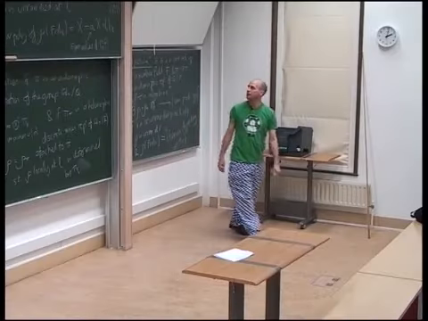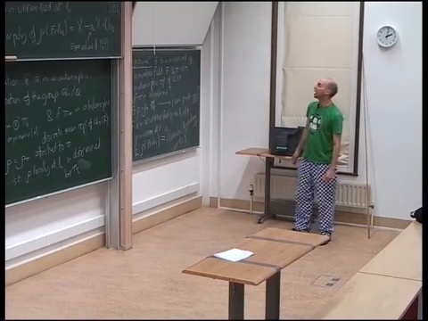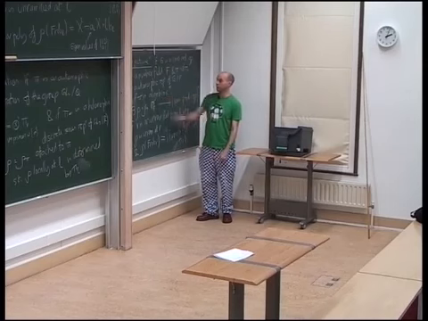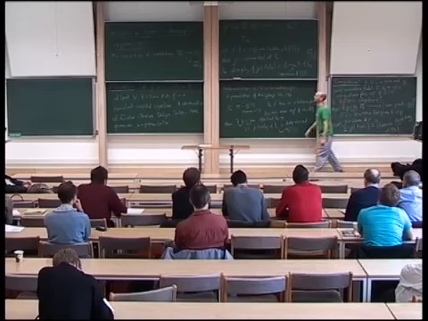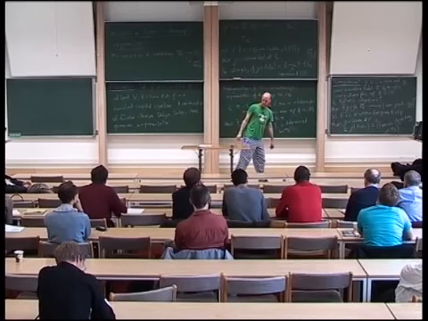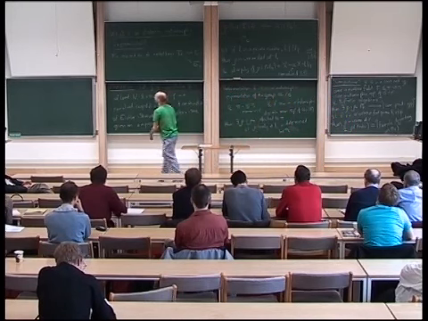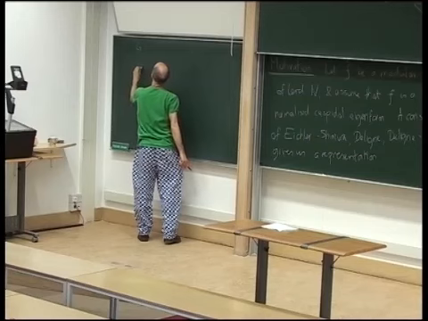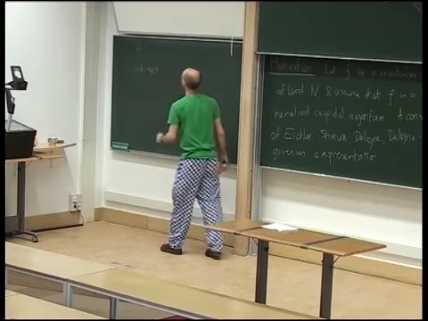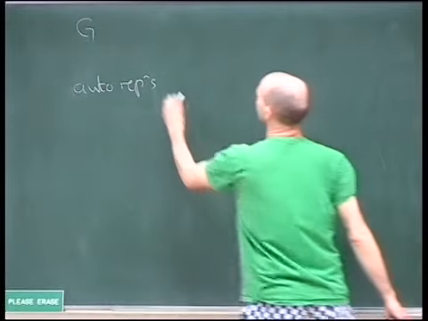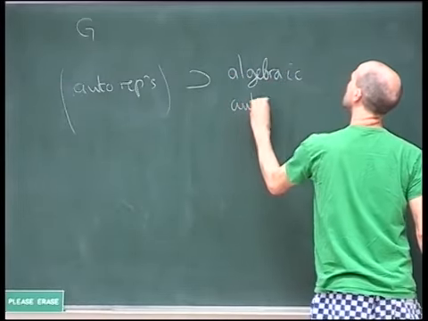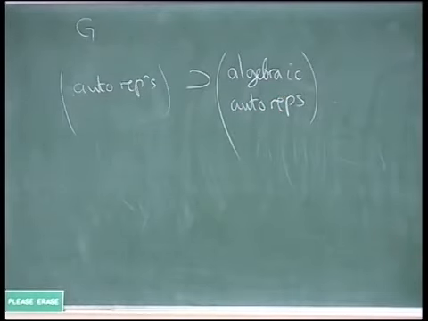So why was I interested in this? Why was I interested in reformulating this fancy conjecture of Deligne? Well, what I was interested in was working out what it means for an automorphic representation to be algebraic, because I have this vague picture in my head. There's a classical definition of an automorphic form. We've got G a connected reductive group, and then we've got this definition of automorphic representations here, which, as I say, I still haven't really got to the bottom of. But living in there, we have the algebraic automorphic representations. And my belief, from thinking about very trivial cases like the case of GL1, is that over here